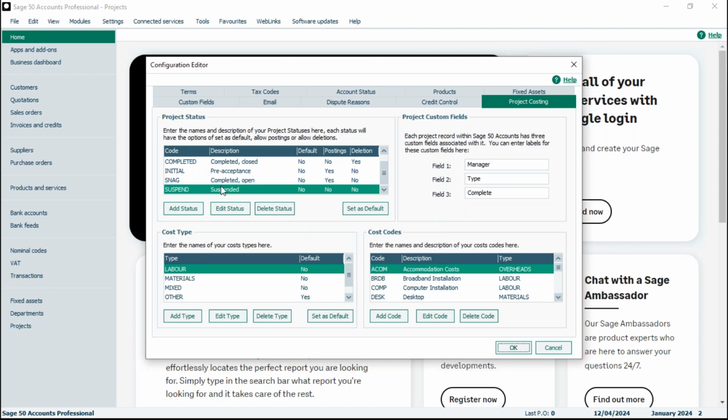So if, for instance, we just go up to the top one, the one that is called active by default, you can see this one is flagged as the default. So it means when you set up a new project, it'll pick that one up by default. If you want it to pick up a different one, you can do that. But if you just edit this one,